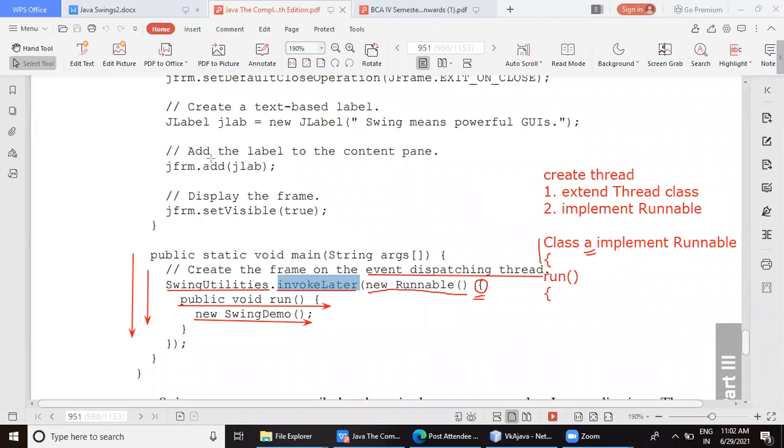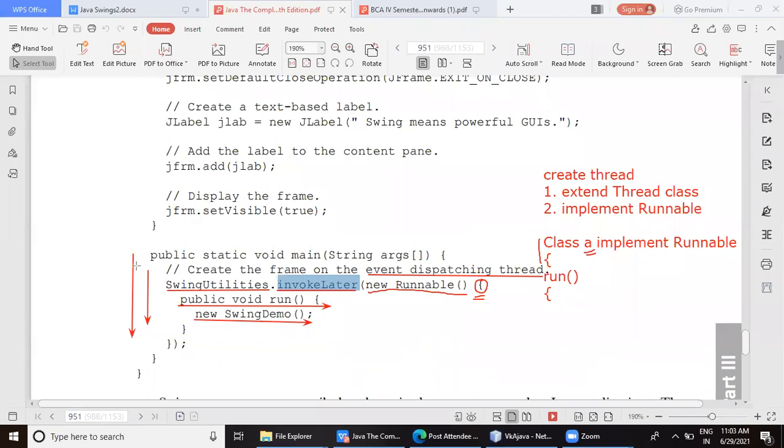See, the format will be the same. We will be creating a constructor of the class, and that constructor will have all the definitions. And here in the main method, we will be creating the event dispatching thread. And inside the run method, we are just going to create an instance of the class.